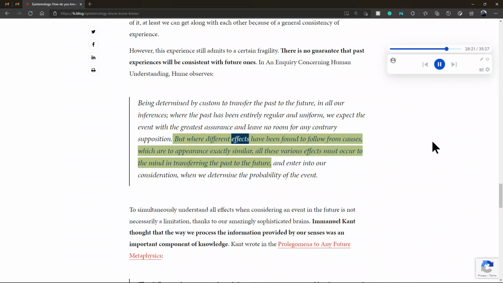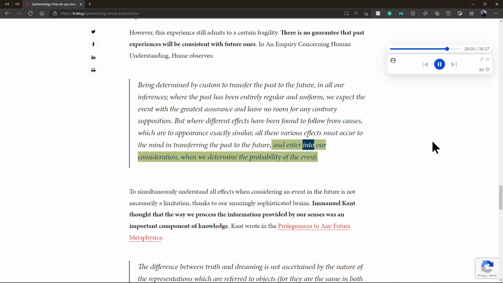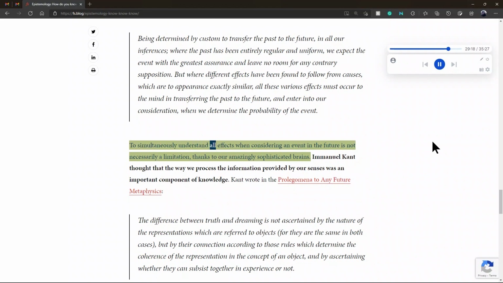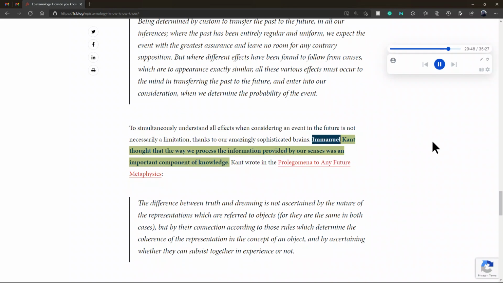But where different effects have been found to follow from causes, which are to appearance exactly similar, all these various effects must occur to the mind in transferring the past to the future, and enter into our consideration, when we determine the probability of the event." To simultaneously understand all effects when considering an event in the future is not necessarily a limitation, thanks to our amazingly sophisticated brains. Immanuel Kant thought that the way we process the information provided by our senses was an important